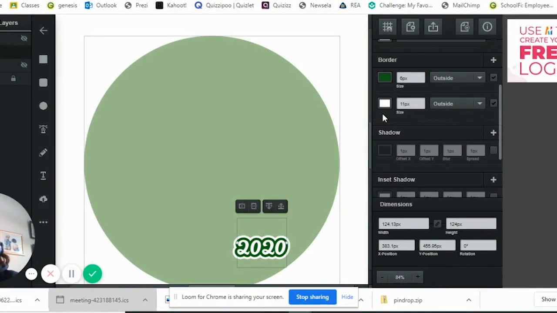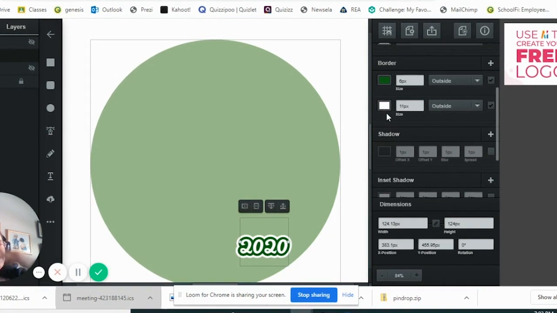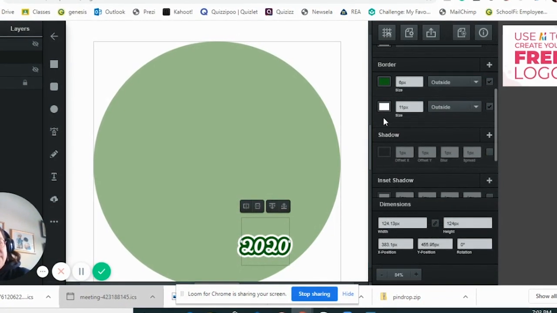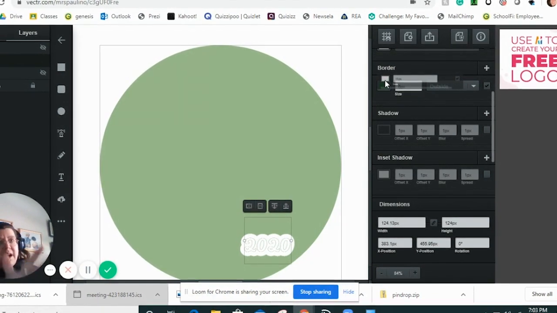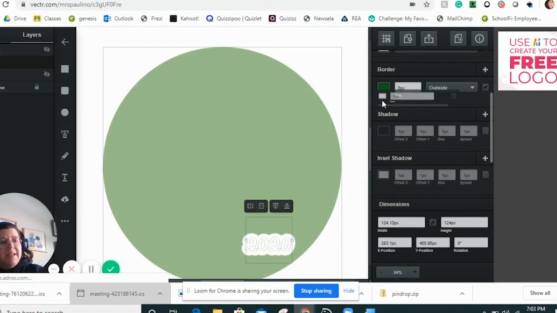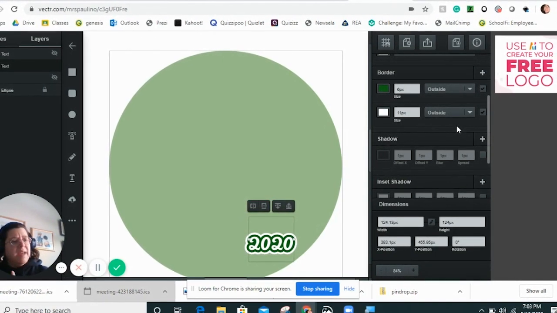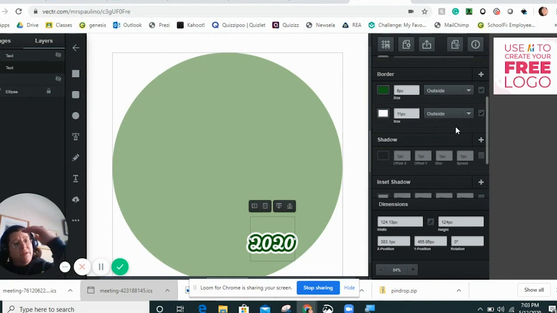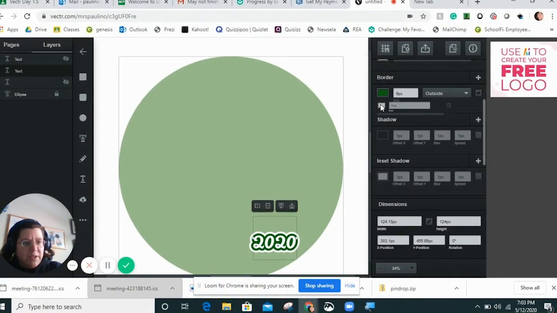Whichever border is on top is what shows, like they're layers, they're stacked. Okay, so if I were to put the white one up on top, you see how it's going to cover up the green completely? I don't want to do that, but I just want you to know that if you're not getting the effect you want, it might be that you're putting your borders in the wrong order, and you can easily just click, drag, and